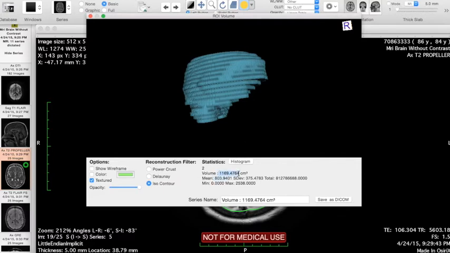So the reason why we decided to collect information on the volume is just to compare between the pre and post drug MRIs, which are often done at different hospitals or different outpatient facilities, just to make sure that the brain volumes were relatively similar between the pre and post drug MRI, just to ensure that the mean value would be something that we could compare. So we then extracted this information into an Excel sheet,